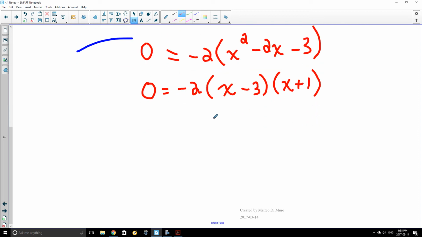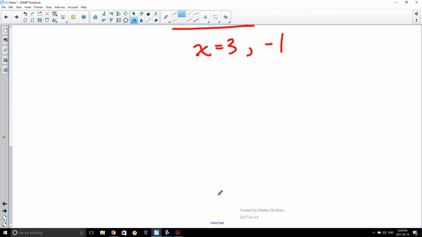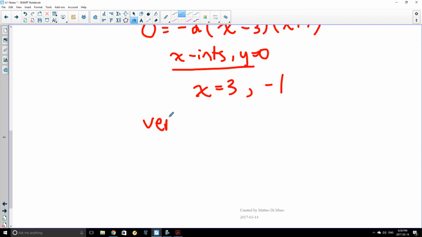Remember from grade 11, to find your vertex, if you know your x-intercepts, you can just add them up and then divide by 2. So if you go 3 plus -1 and divide by 2, you should find the x-coordinate of your vertex, which is going to be 1, and then you can plug that into the original function to get your y value. So if you plug 1 back into, say, here,